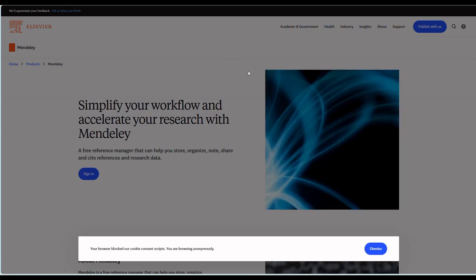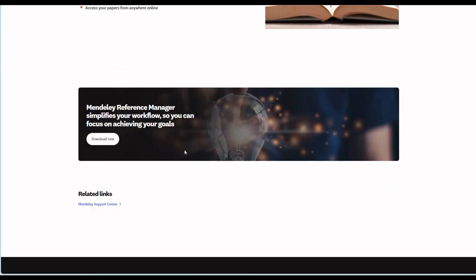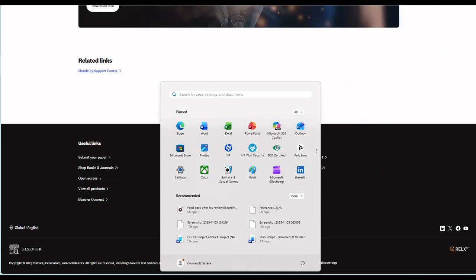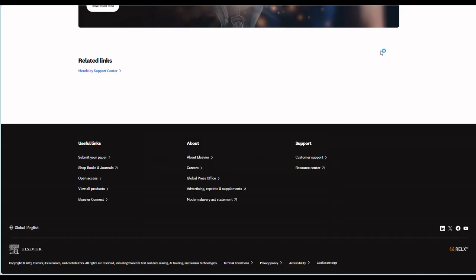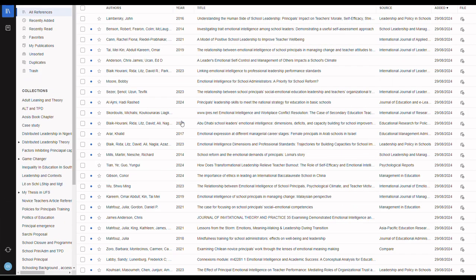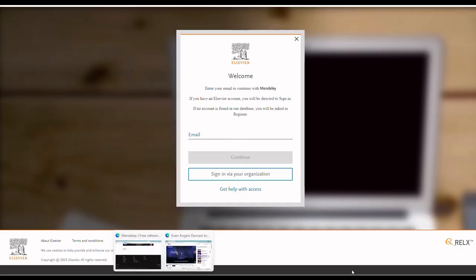You can download it, though it has a paid version, but it is free. And when you download it, you install it. It's an application that is both text-based and online-based. And I'm sure some of us know it,